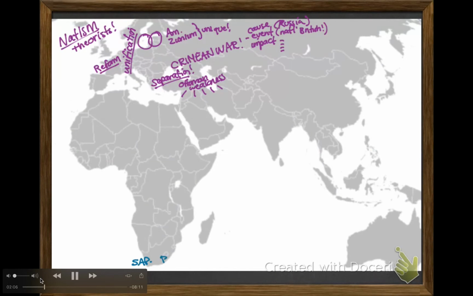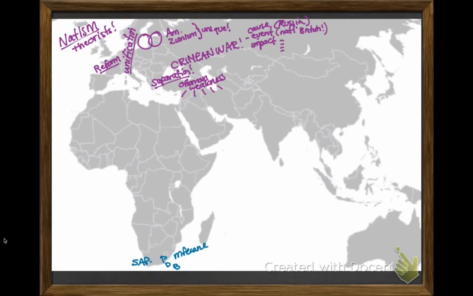The next part of this unit, we moved on to the imperialism section. So you'll notice down at the southern tip of Africa, some information is starting to show up there. You have first the Portuguese, followed by the Dutch, and then finally the British coming in. You want to go back and review the reasons for that. Then you also have Mfecane, which is this displacement of multiple groups of people. And then the other important thing to remember about South Africa is the manipulation of taxes being paid in cash to force people into the gold and the diamond mines,